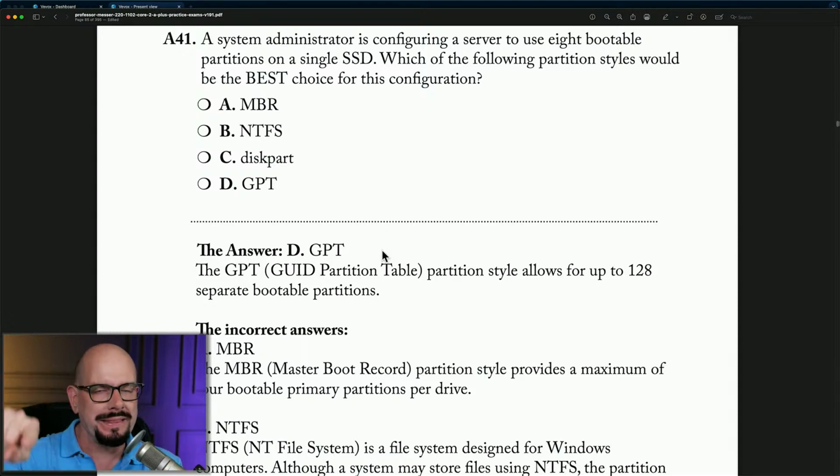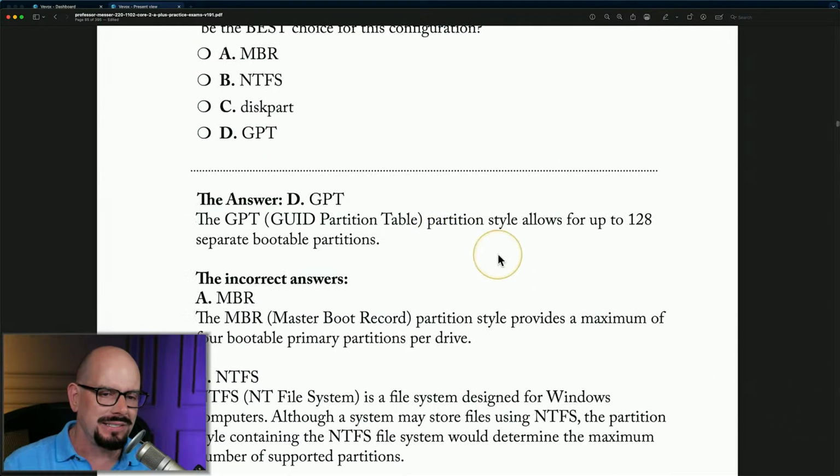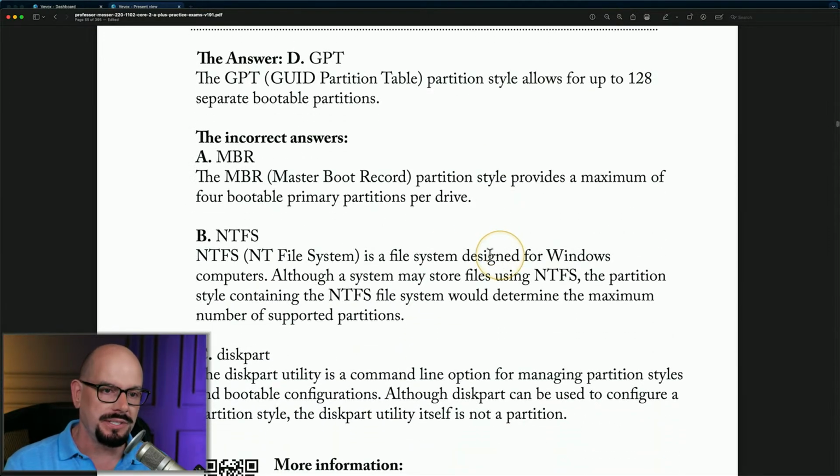How can you complete that circle of knowledge if you never explain why wrong answers are wrong? So in this case, and in every case in my books, every incorrect answer is explained why it is incorrect. So you will know if you get it wrong, why you got it wrong, and you'll understand why the right answer is right.